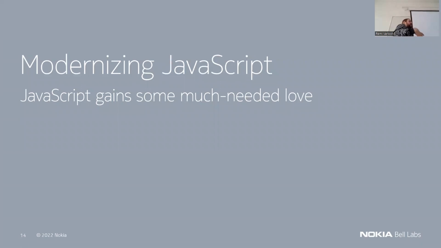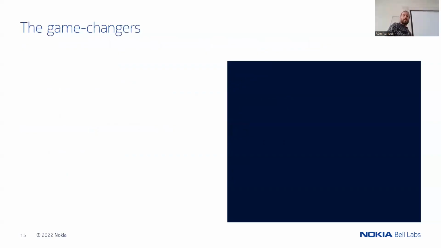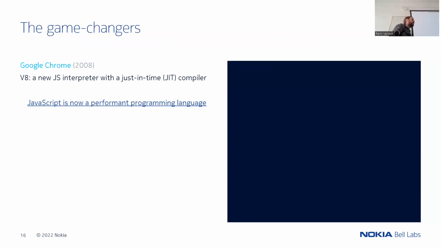So web applications changed the way we approach JavaScript, and as we were doing web applications and more software was actually being developed for the internet, for the web, through web applications, JavaScript saw a big overhaul. So there were a number of game changers, say 15 years ago. The first of which was Google Chrome. Basically, they came with a new JavaScript interpreter, which